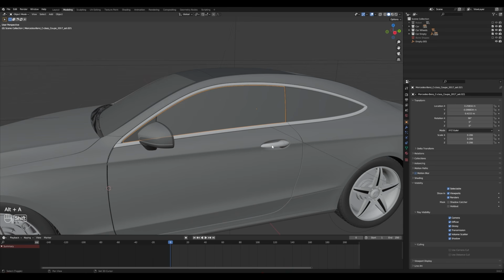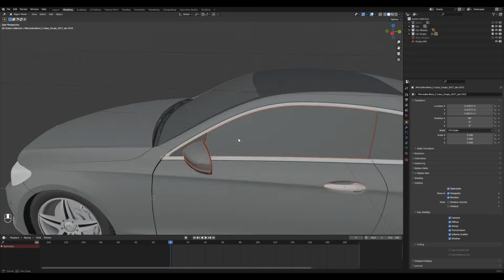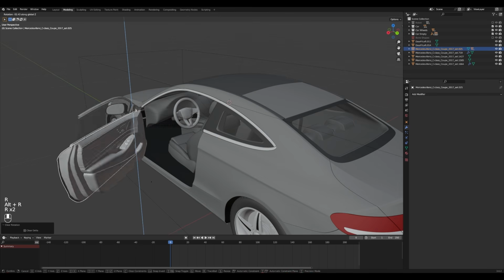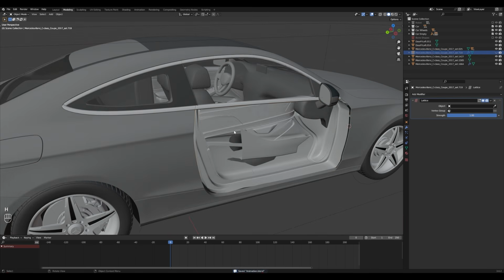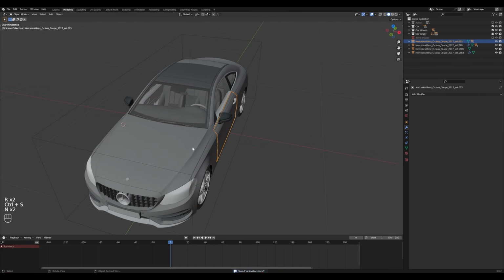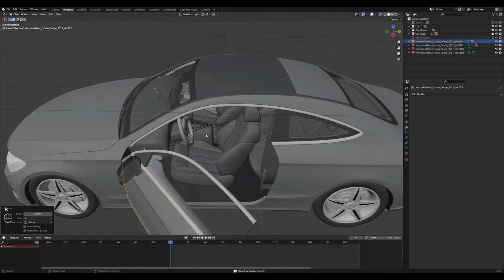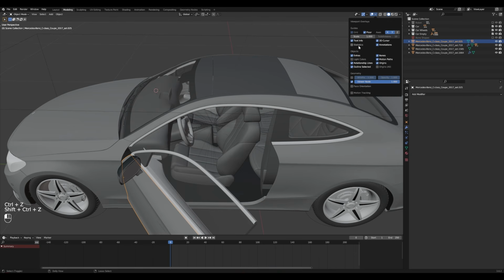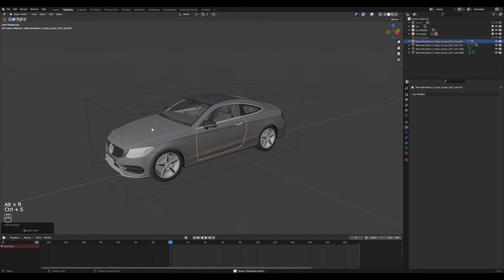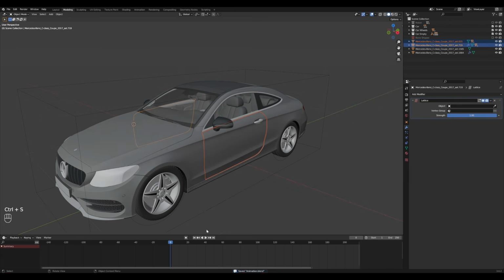Now select all those objects which are supposed to follow the door movement and parent them to the door. We will do this for both of the doors. Now both doors are ready for the animation. If you find these relationship lines very annoying, you can hide them. One important thing here: I will not create any bones for the car model. The main body is already parented to the robot, so I will animate each part separately.